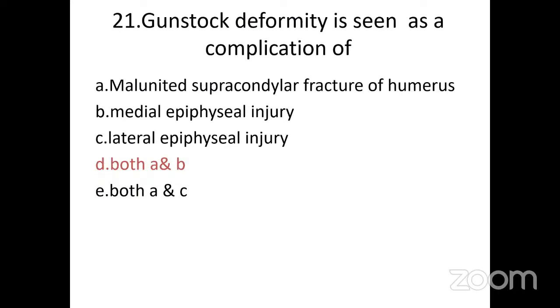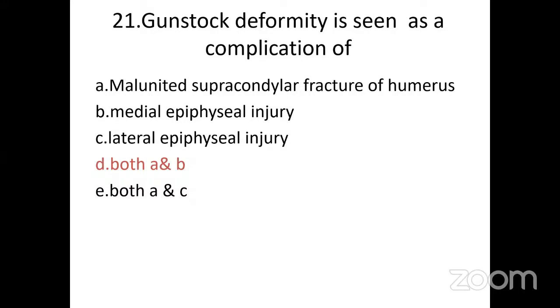The medial epiphysis anywhere in the body will grow laterally, and the lateral epiphysis will grow medially. That means the medial epiphysis of the elbow will grow laterally, and the lateral will grow medially. So if there is an arrest or injury to the medial epiphysis, the medial will not grow laterally, and the lateral will relatively overgrow medially. That means whenever there is injury to the medial epiphysis, the resulting deformity will be a cubitus varus. Whereas if there is an injury to lateral epiphysis, the medial will overgrow laterally, and the resulting deformity will be